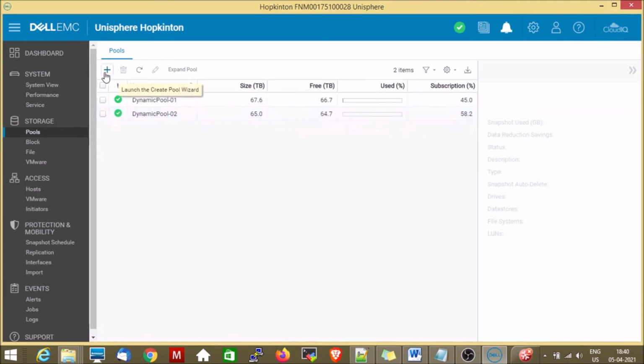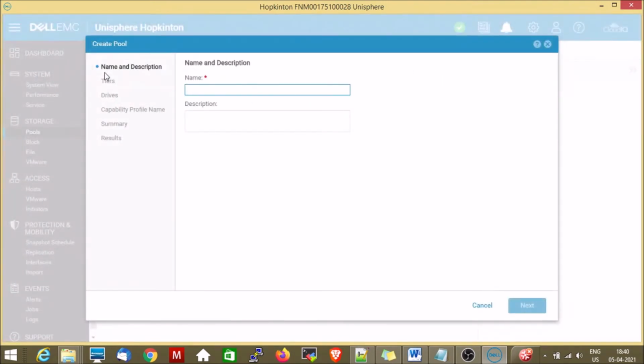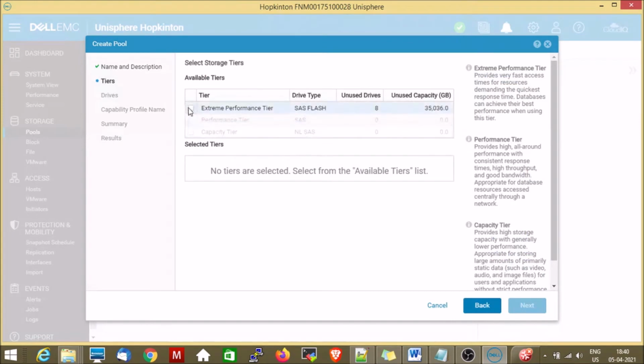If you want to create your own pool, just click on the plus sign, and let's say it is QL pool. For the description you can write that we are creating it for testing purposes only. Let's click on next. Extreme performance tier. SAS/8 unused drives, we have 35,000 GB capacity. Just select this one. So the system will select which RAID configuration you want, and here the system has selected